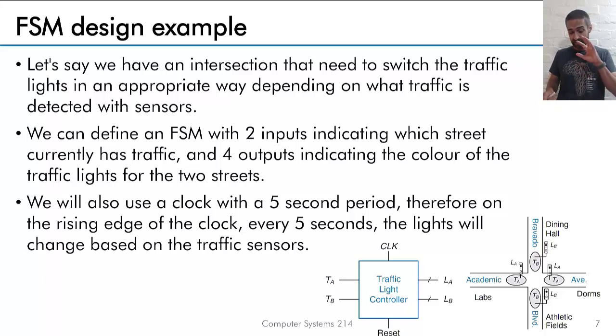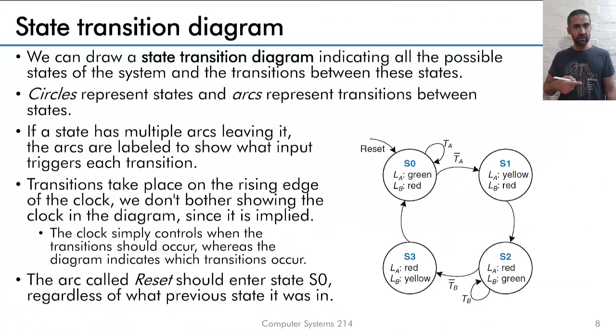Okay, so that's the fundamental principles. 2 inputs, we have 2 generic outputs, and each one of them has 2 lines. The 2 lines decode red or yellow or green. And then we have a reset, and we have a clock, which is the thing driving the state machine, causing state transitions. Okay, so the first thing that you do when you have to design this is you start with